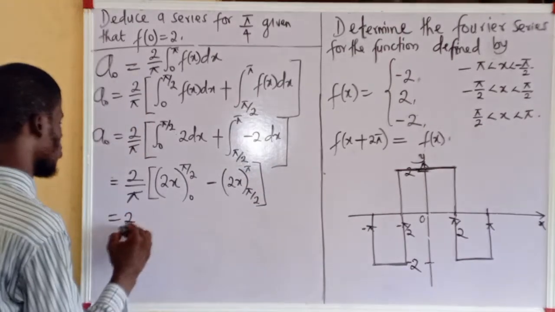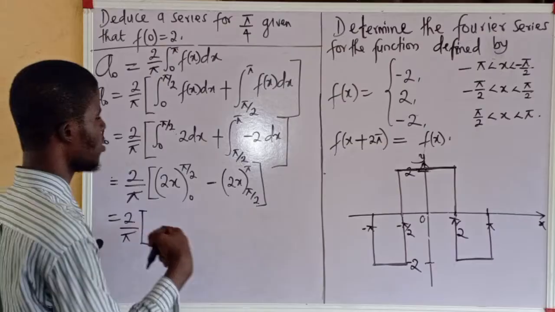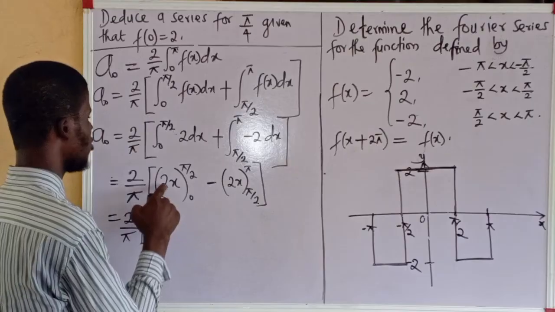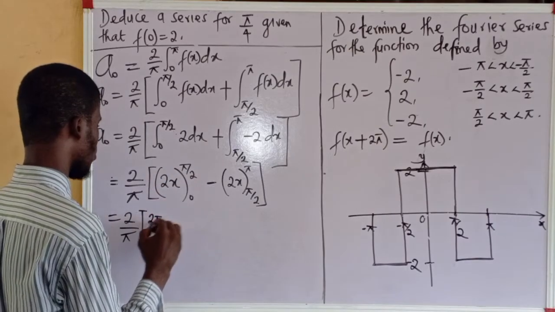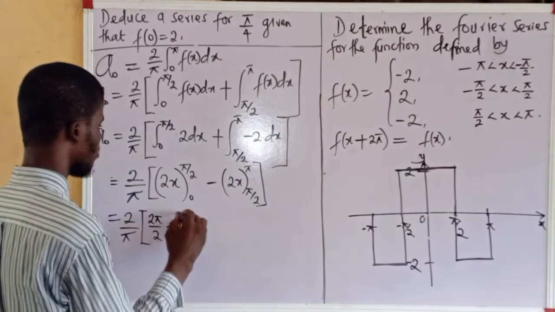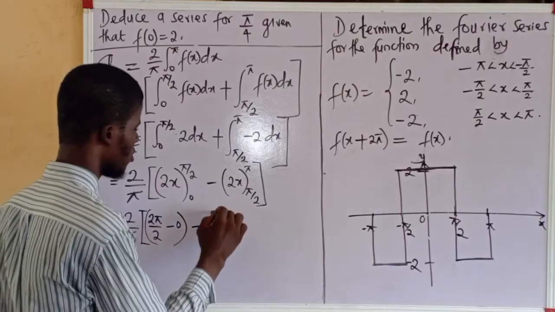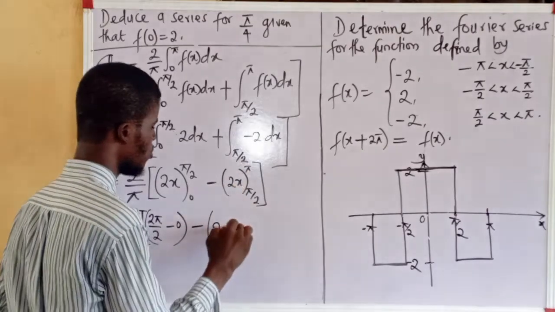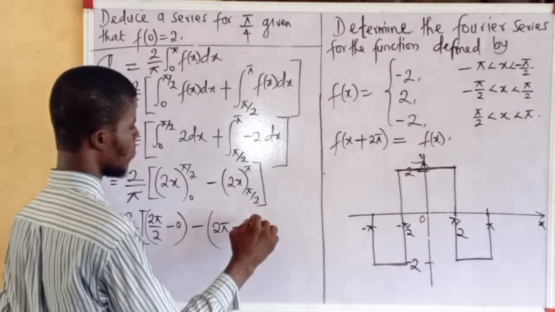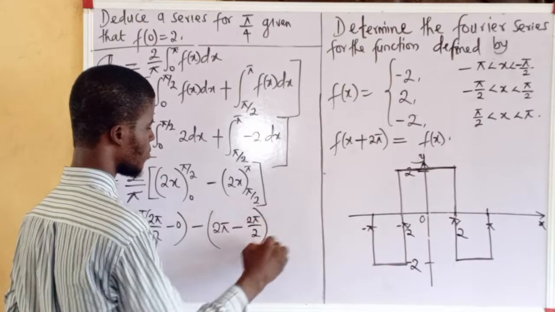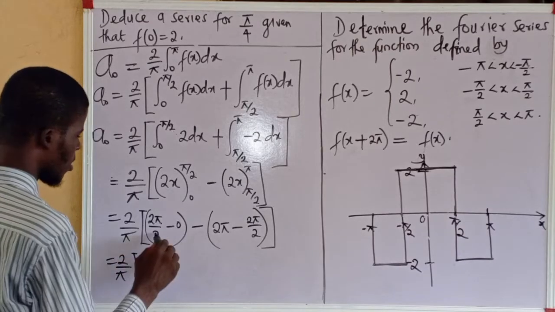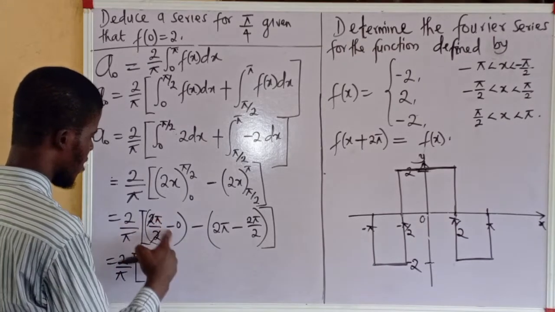So this is it. 2 over pi into, let's plug in the limit now. Pi over 2 will enter for x first. So we'll be having 2 times pi over 2, that's 2 pi over 2, minus 0 will enter. 2 times 0 is 0. Then minus pi will enter, that's 2 pi, minus pi over 2 will now enter. That will be 2 times pi over 2, which is 2 pi over 2. Okay, so this is it. 2 over pi into 2 take away 2. We have pi minus 0, which is pi,